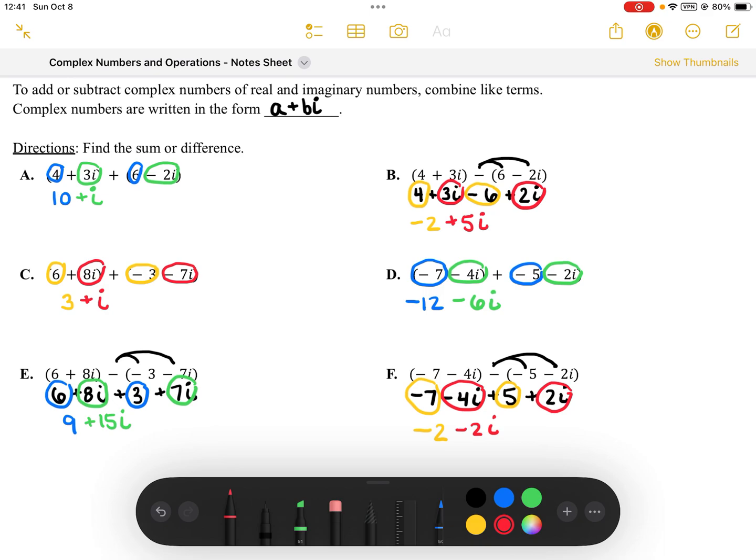So this is just examples 1 and 2. In the next video, I'll go ahead and do examples 3 and 4. So please make sure